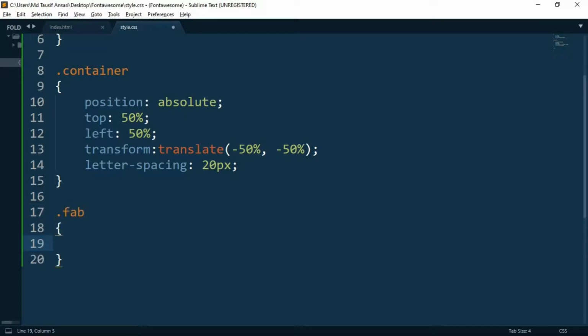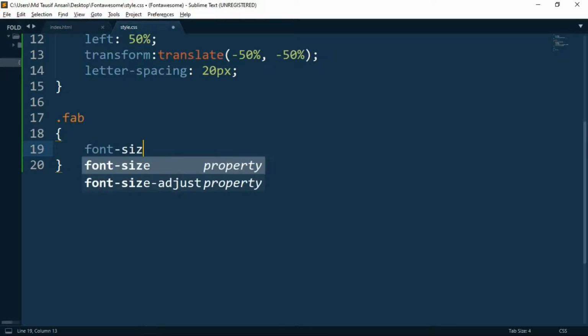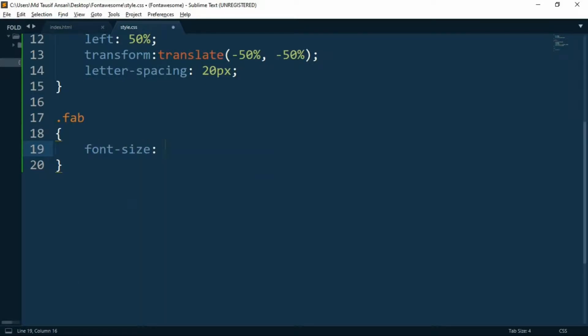So now let's style .fab. What we can do in it is we can change its color. We can change size. So let's say font size. Font size is the original font size for any kind of letters, or you can say icons or buttons.